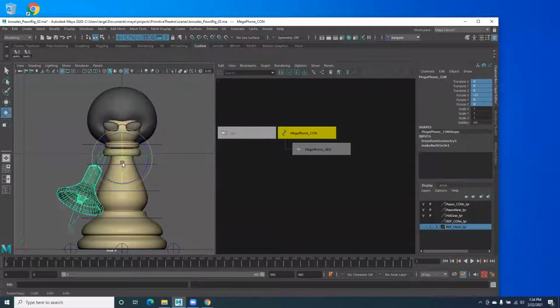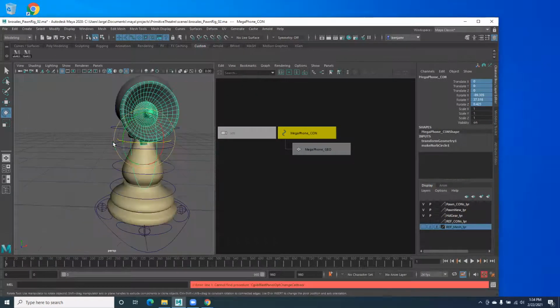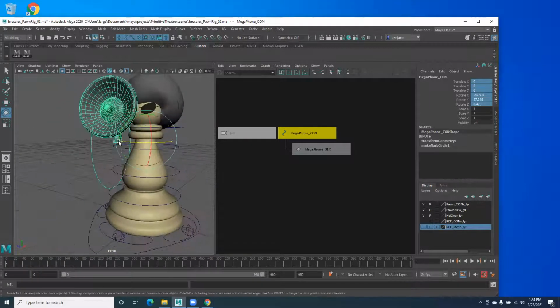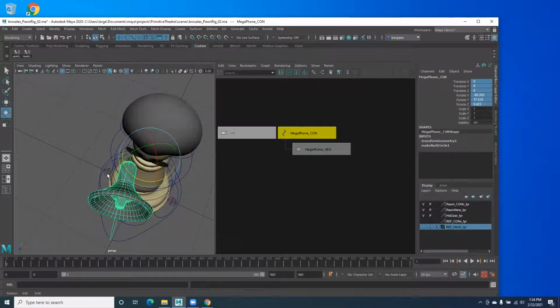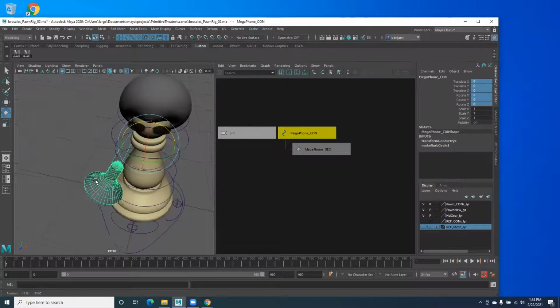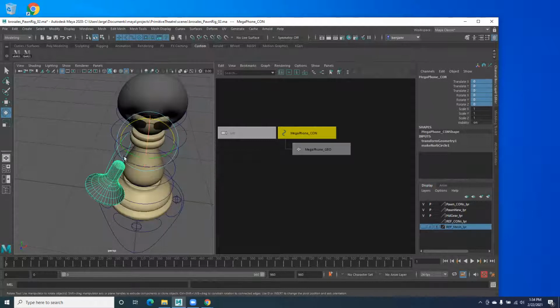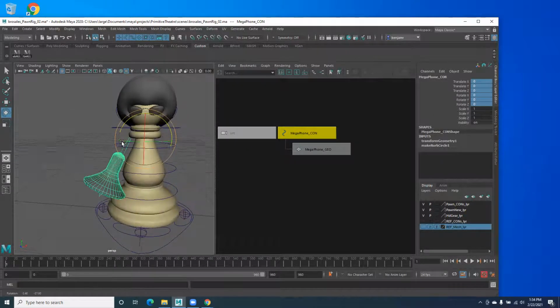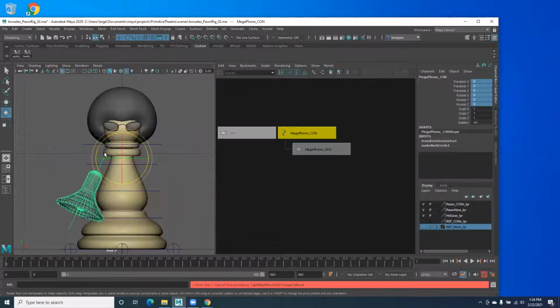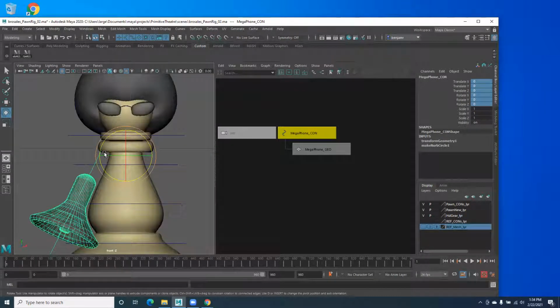If I hit E and I rotate up and then rotate over, that's closer. There's only 2 positions, and it's a little bit better, but my rotation isn't right. I would still have to pull it over this way and then rotate it a little bit this way. So I think I can get a better position for my pivot than where I have it right now. Maybe I should go back to the front view. Maybe if I rotated the